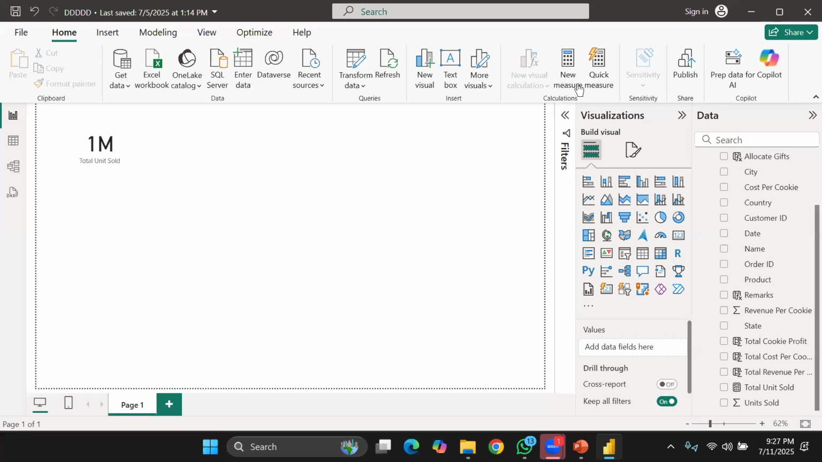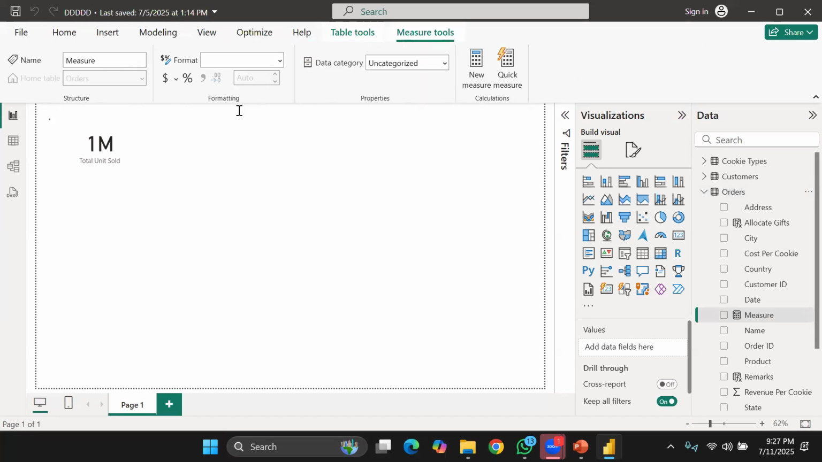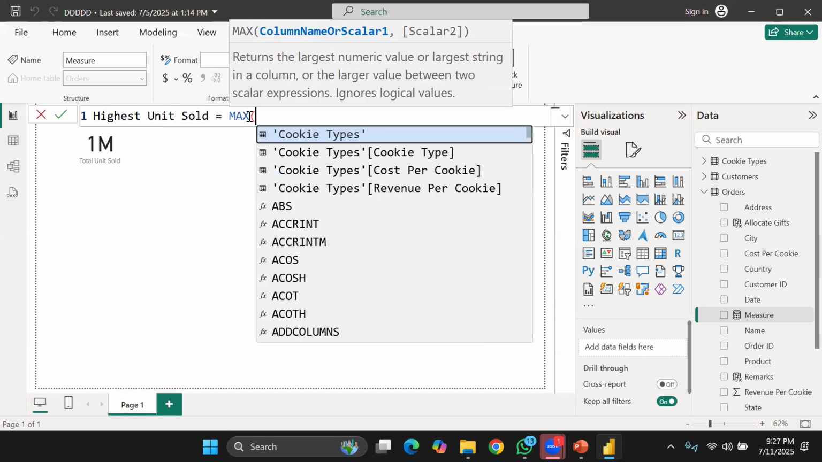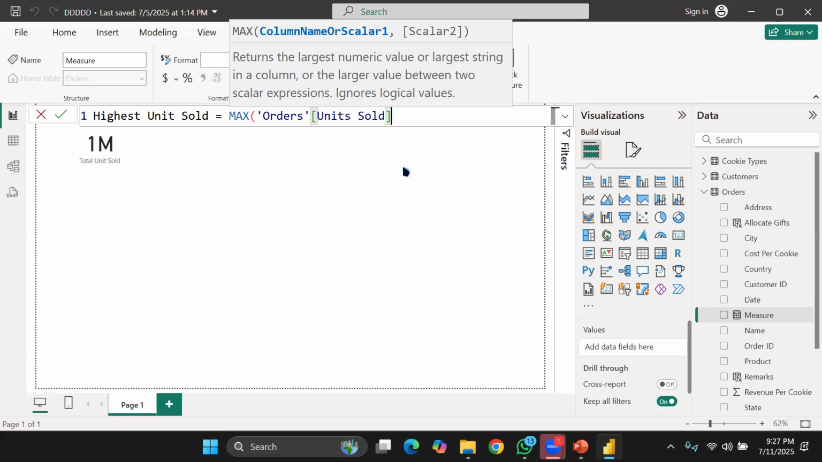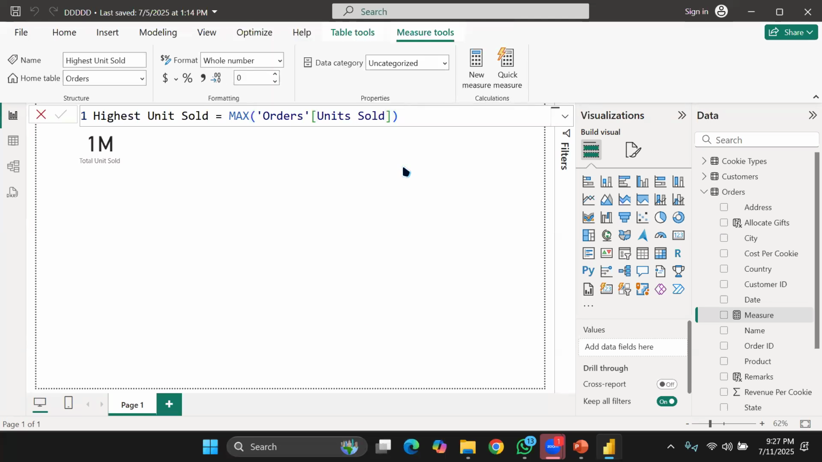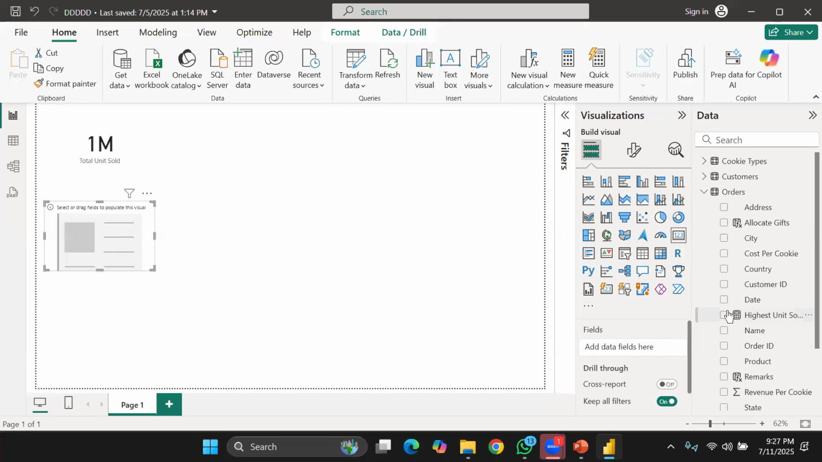So now the next one is sum. I said sum, max. Now let's say we want to get the highest units sold. So what do I do now? Max. Single quotation, then my unit sold column, and close my brackets, enter. Now this has given me my highest unit. If I call on my card and I click on the highest unit sold from here,